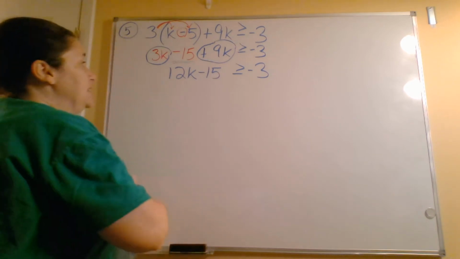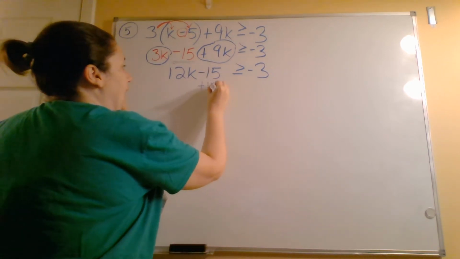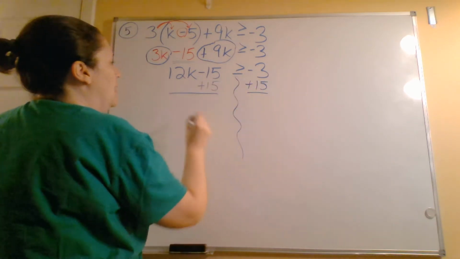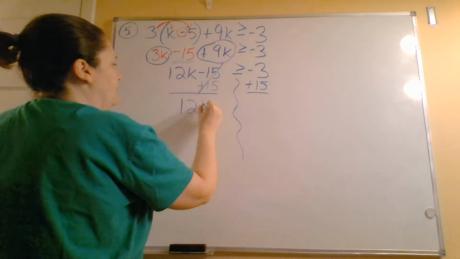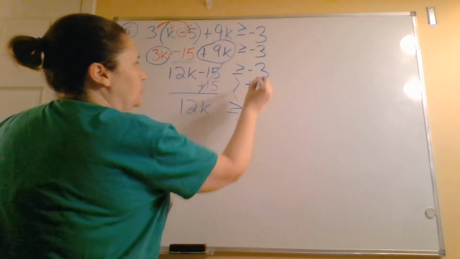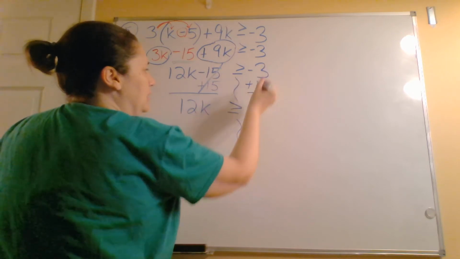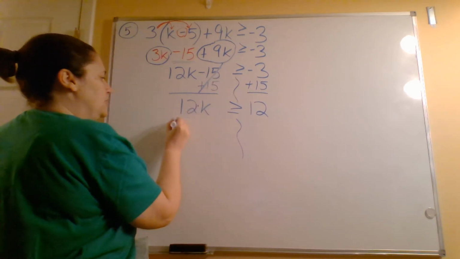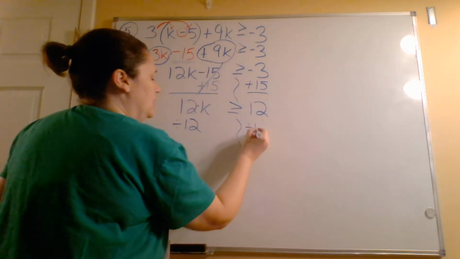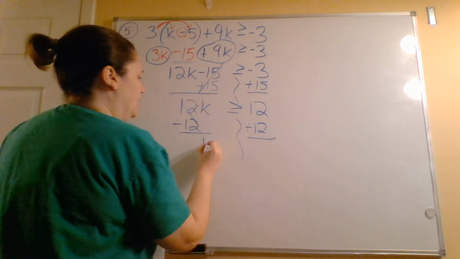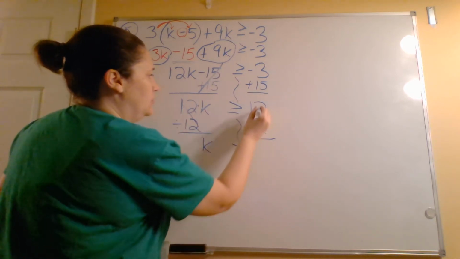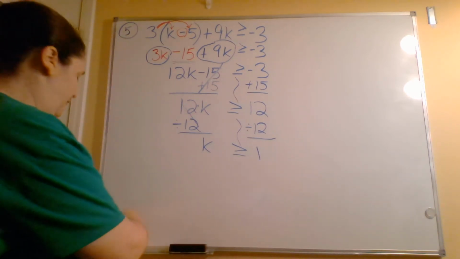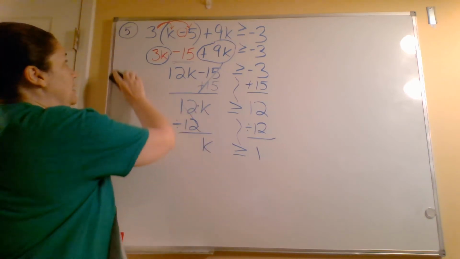Now, they are subtracting 15. I have to get rid of that by adding 15 to both sides of the inequality. The 15s cross off. I have 12k is greater than or equal to. That makes 15 minus 3 is 12. And then k is being multiplied by 12, so I have to divide both sides of the inequality by 12. And I get k is greater than or equal to 12 divided by 12 is 1. That's number 5. You can pause it if you have to, but I'm going to keep going,